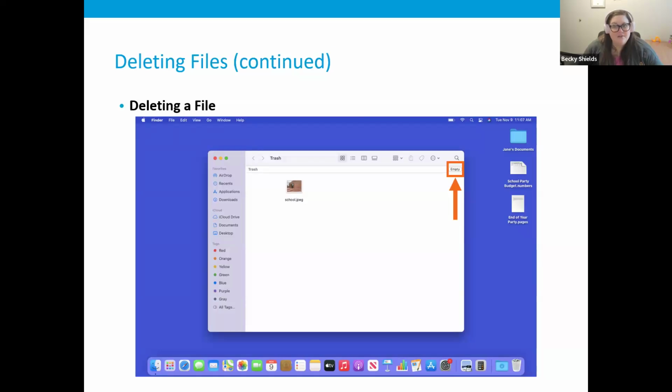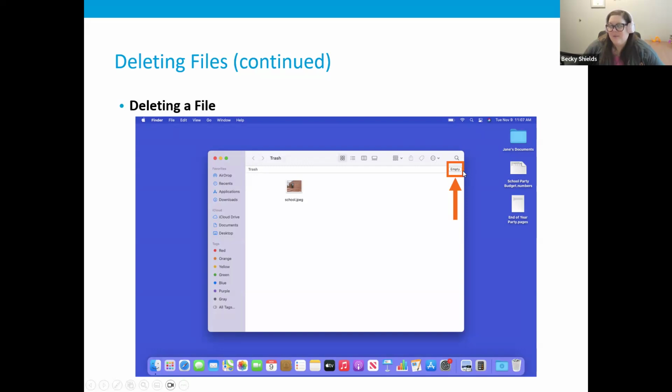If you're sure that you're done with everything in the trash can, then you can delete or empty it. The files will disappear permanently. So never ever empty your trash if there's a file in there that you think you may need again at some point. Once you're sure that there's nothing in the trash bin that you would be upset about or will need again if it's deleted permanently,